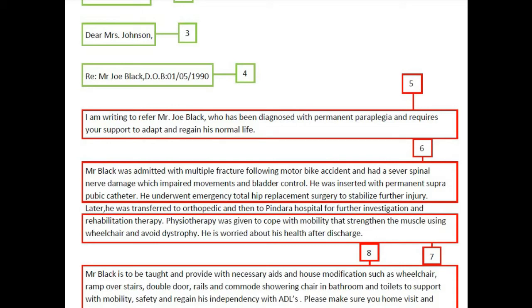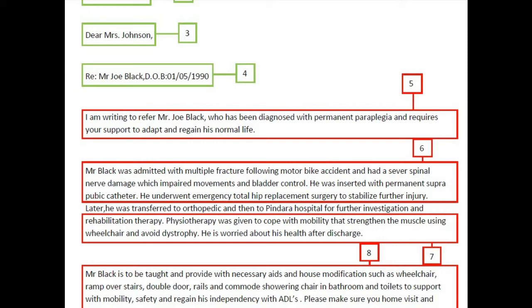Moving to the second paragraph, Mr. Black was admitted with multiple fractures following a motorbike accident and had severe spinal nerve damage which impaired movements and bladder control. He was inserted with a permanent suprapubic catheter. He underwent emergency total hip replacement surgery to stabilize further injury, which is somewhat alright but could have been framed